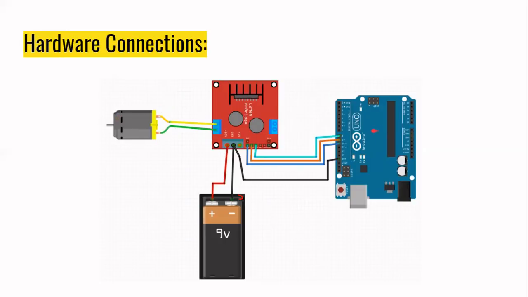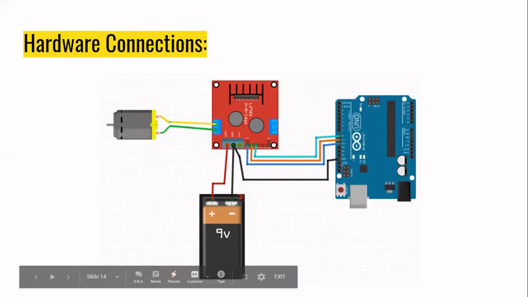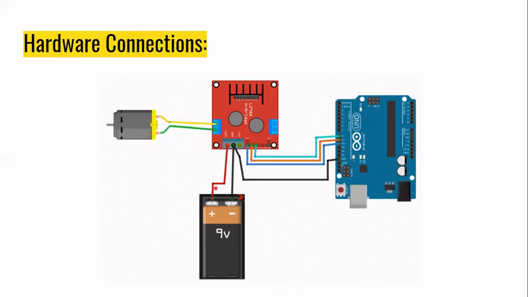So that is why we need some driver that will take the outputs from the Arduino, and it will use an external battery that will fulfill the requirements of the DC motor in terms of current and voltage. Okay, so we will look into this motor driver in the next slide.